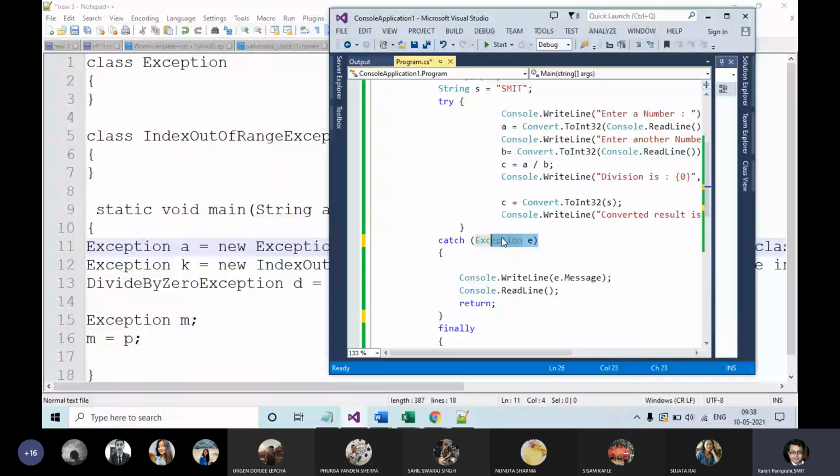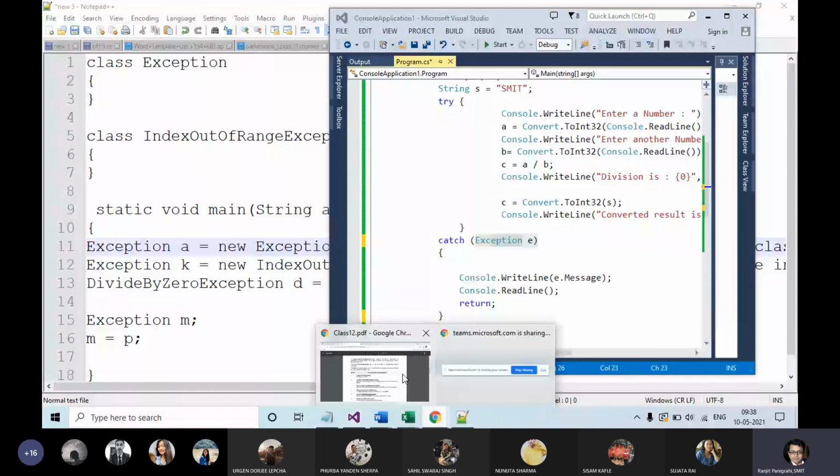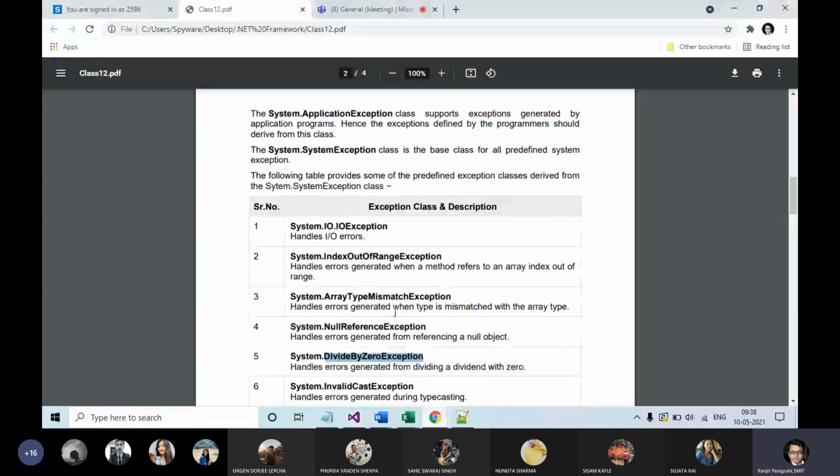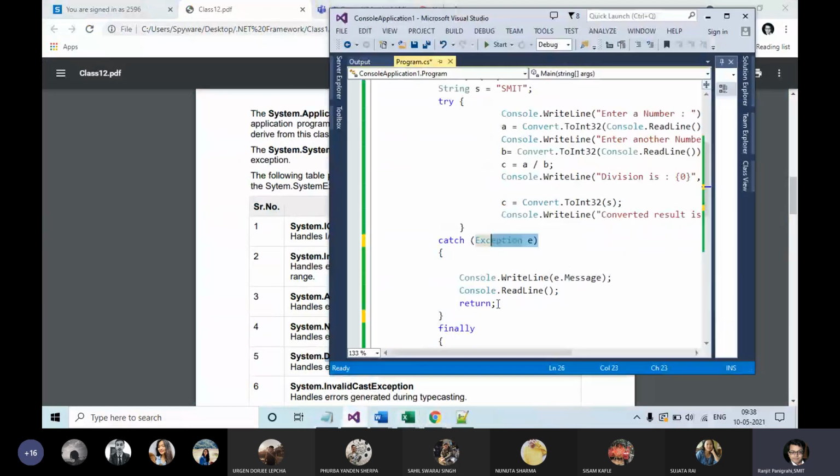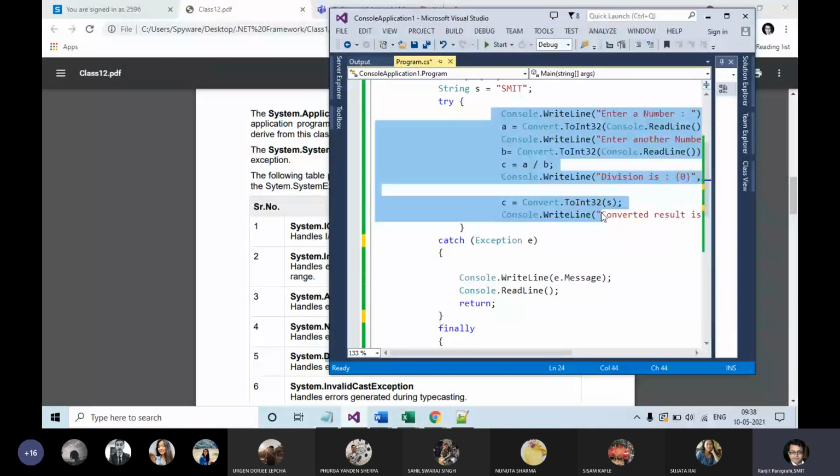Whether it is divide by zero exception, array type mismatch exception, or index out of bound exception, whatever the exception is, the appropriate object will be thrown out and it will be taken care of by the exception object.